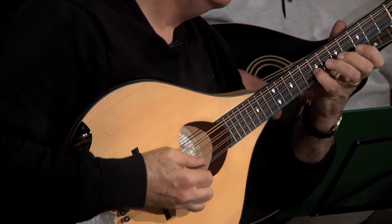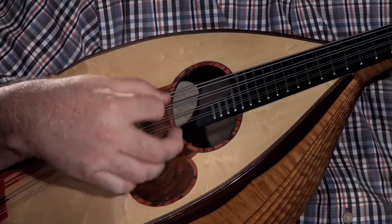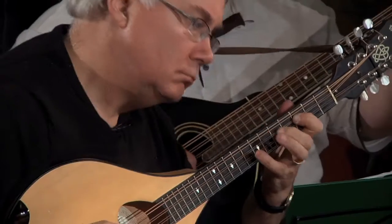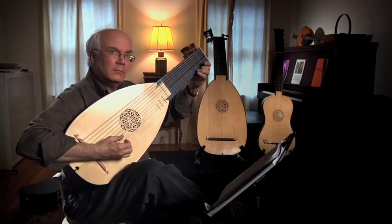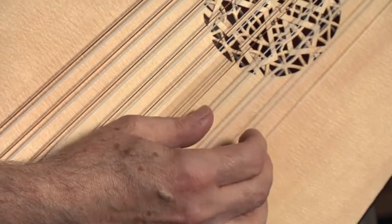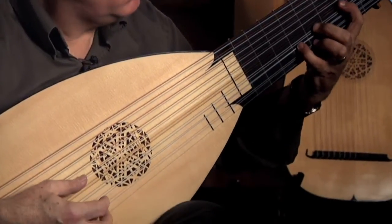But that's an illusion. That's not actually playing the notes at the same time. And so in the late 15th century, lutenists discovered that they could actually play 2 notes at the same time by plucking them at the same time. So what was essential to Renaissance music was the voice. In order to imitate voices that were interweaving in this counterpoint, you had to be able to pluck all those notes at the same time. The lute sort of took off at that point in some ways and became the most popular musical instrument during